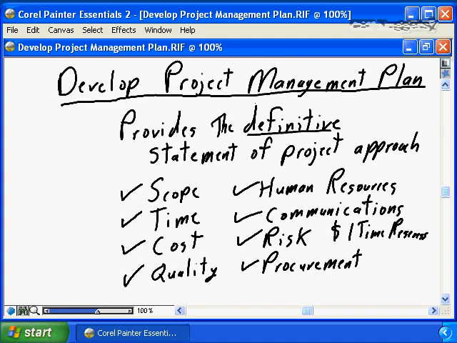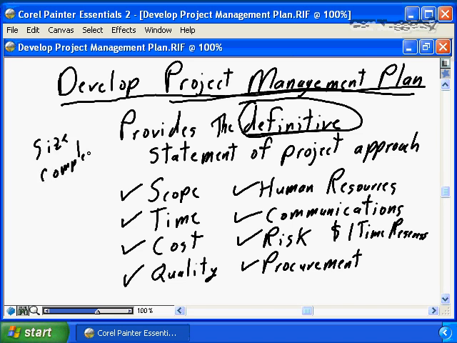The project management plan is the definitive statement of the project approach. From a PMI PMBOK viewpoint, all plans, all projects must include a project management plan. And the project management plan must address all of our key components to project delivery. How detailed, how comprehensive the project management plan is going to be is dictated by the size, the complexity, the importance